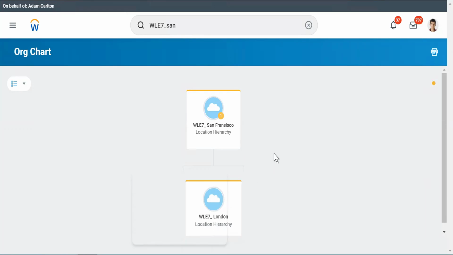Okay. What I'm trying to say here is I have a location San Francisco. Below that, I have created a location London, which is reporting to San Francisco, which means it is under the hierarchy. So let's say in this tenant, if there were positions created, let's say I am going to hire somebody in San Francisco. Let's say I'm hiring 2 Workday consultants. When you have to create those positions, you will have to give the location. So if you have put San Francisco as the location, you will see those positions getting linked with this. That's what I'm trying to explain to you. So we created location hierarchy.